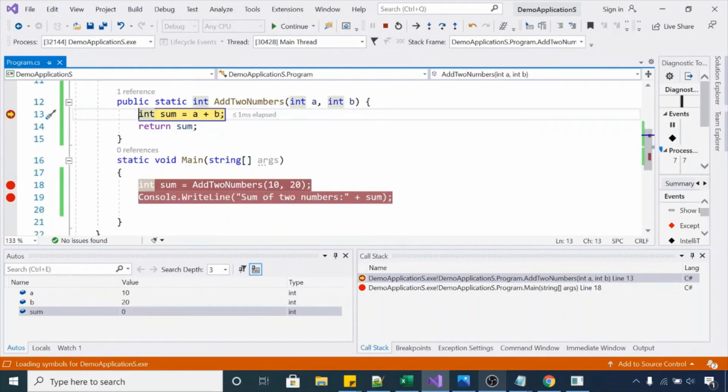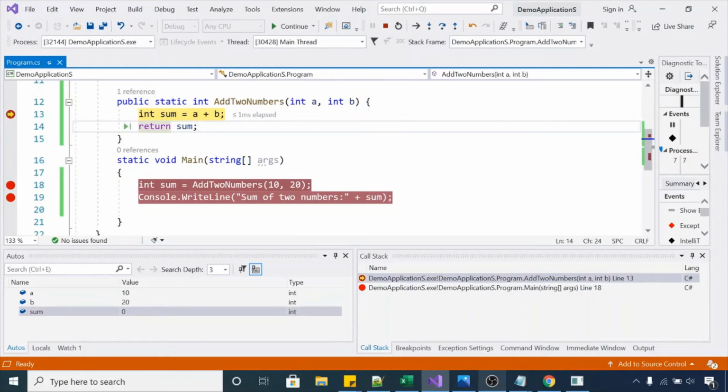We have assigned the value 10 to variable A and 20 to variable B. Now you can see A has 10 and B has 20.